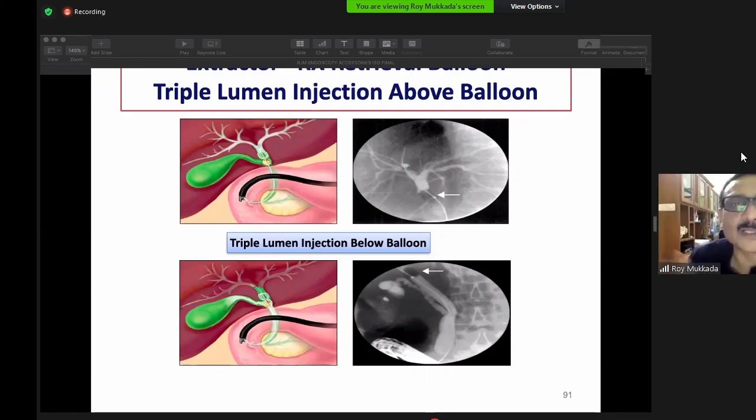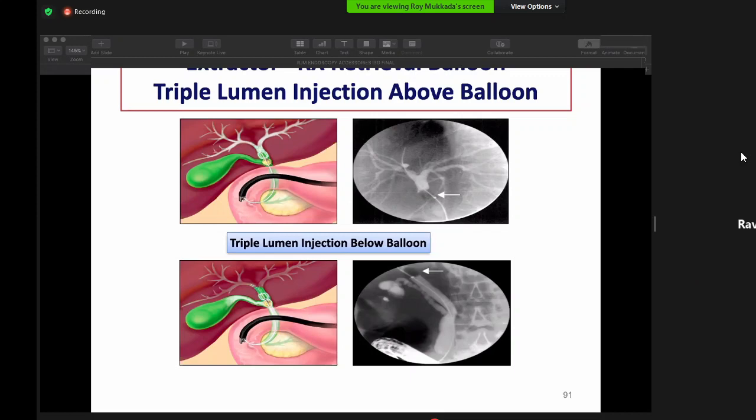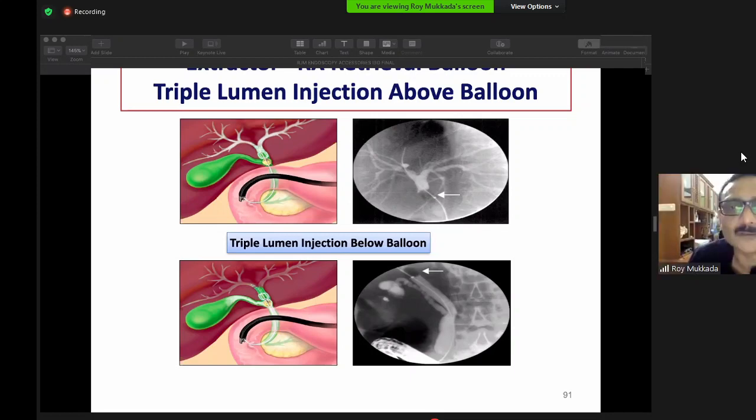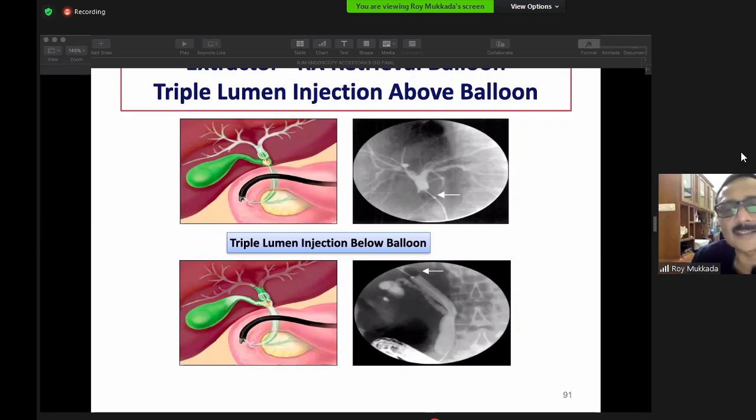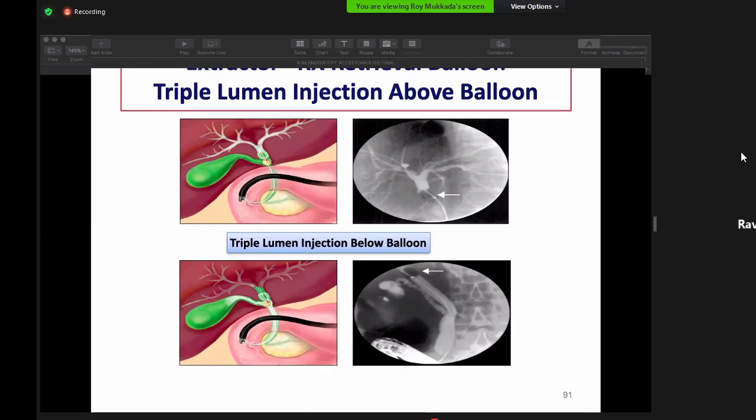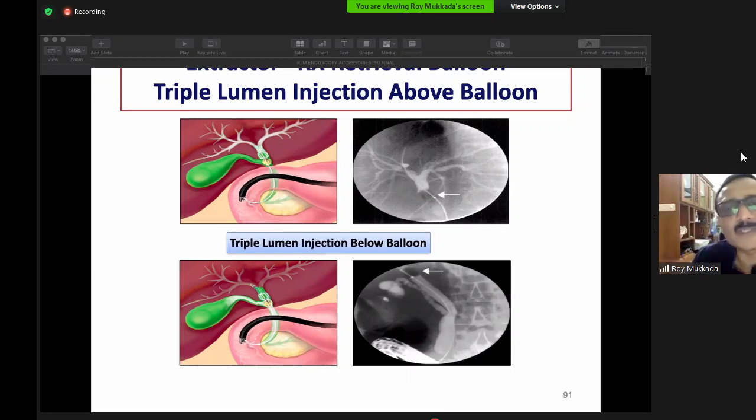No, we said the longer the stent is there, the chances of the stone getting smaller by friction are better, because it moves up and down. So it won't happen in 48 hours. It will take a few weeks. No, 1 to 2 weeks, sir. Not 2 weeks, more than that. What is the longevity of this plastic stent? Usually up to 3 months. So you can keep the stent for at least 2 to 2.5 months. If there is no cholangitis or stent block, you can keep the stent like that. There's no problem. The longer you keep it, the smaller the stone becomes, and the chance of getting the stone out next time is easier.